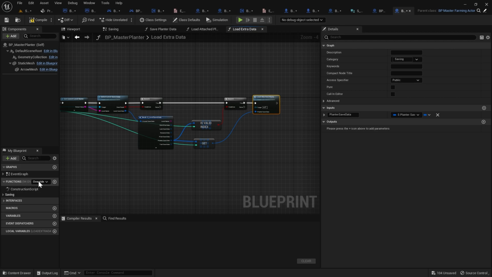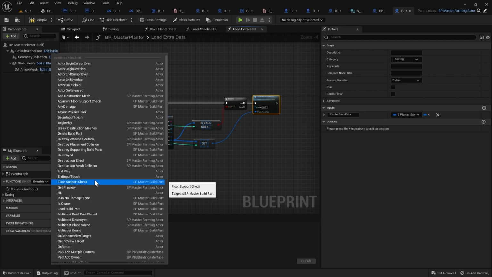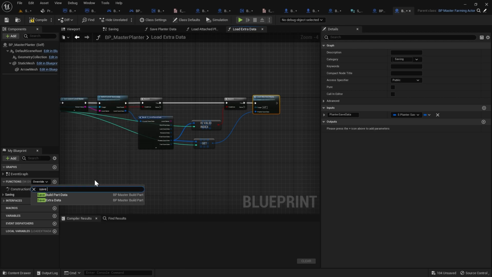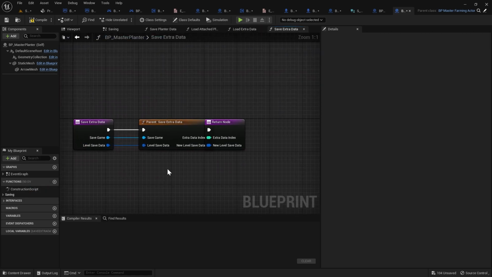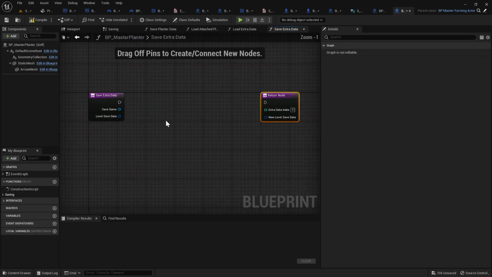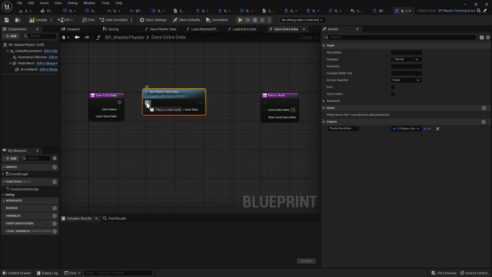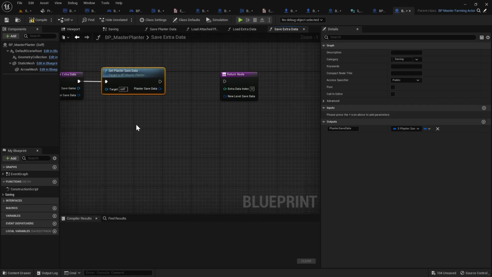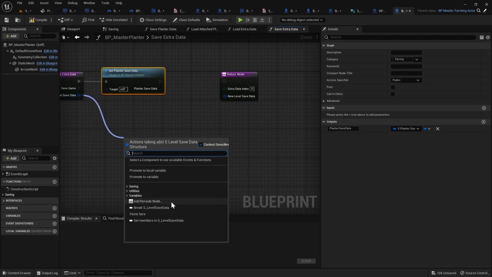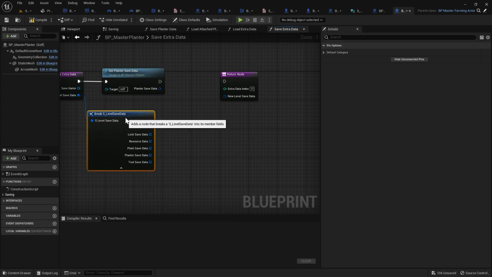Then we're going to go back to the override option, click that and search for save space extra data. Open that up, delete this parent node. Then we're going to do set planter save data. Connect this up to the beginning. Then we want to drag out from the level save data, break it, click the down arrow here, then drag